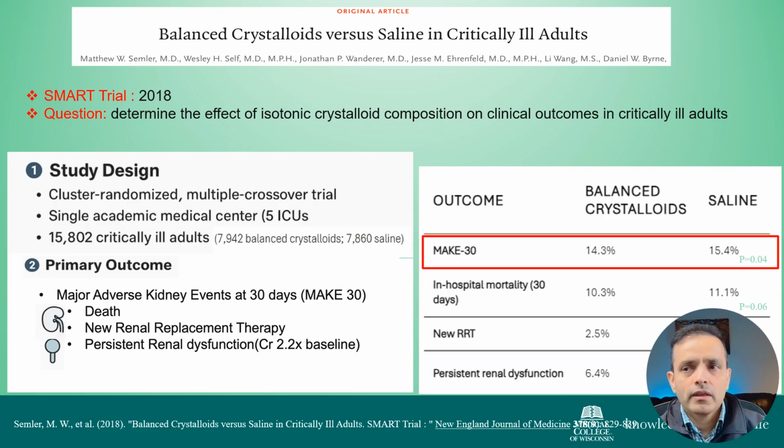So as you can see, there was a statistically significant reduction of MAKE30 in the balanced crystalloid group, from 50.4 in saline to 14.3, that's 1.1%. So the number looks like a smaller one, but when you look at how many people get admitted to ICU every year, almost 1 million, 1.1% of 1 million turns out to be somewhere around 11,000. So use of balanced crystalloid tends to decrease that number of MAKE30